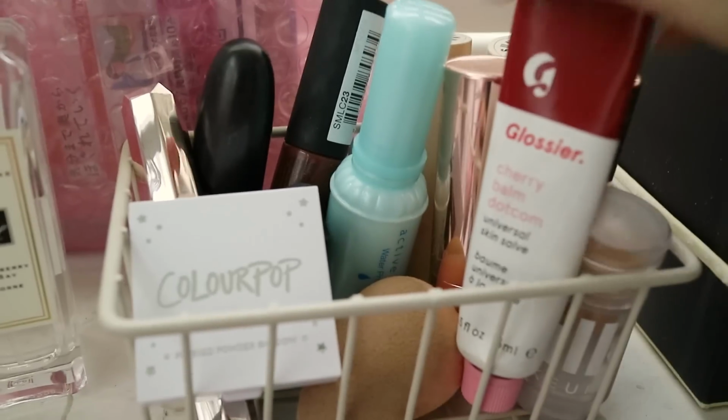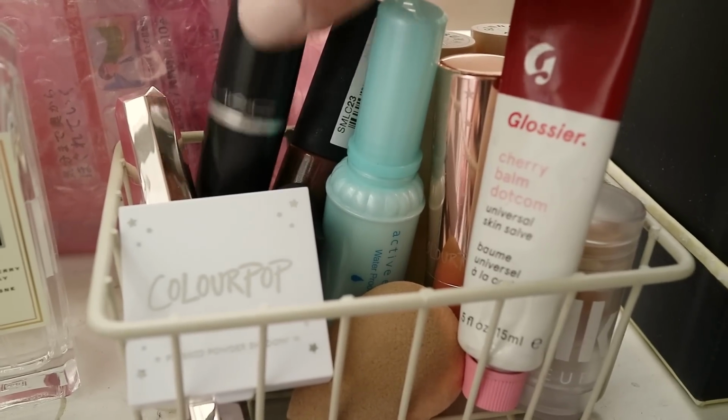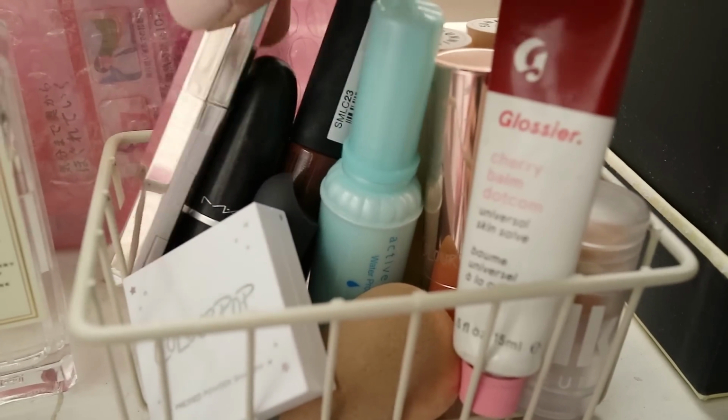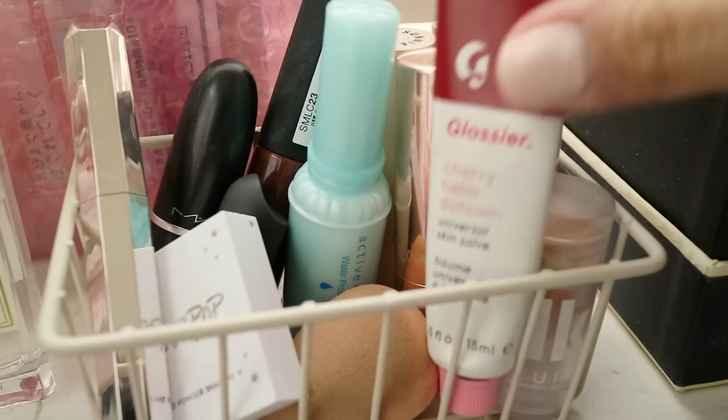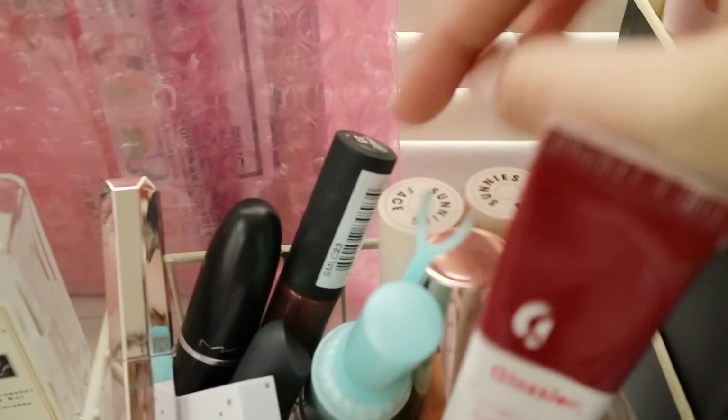Okay, fine, since we're here. Some of my makeup, lipsticks, Balm.com. This is my favorite MAC, it's in taupe. My newest acquisition, Fenty Beauty lipstick in Freckle Fiesta. Lol, I'm actually saying the colors, it's so funny. I have 2 ColourPop Luxe lipsticks, and I also have Sunny's Face here, which I use a lot, especially